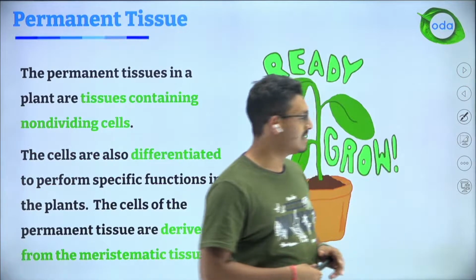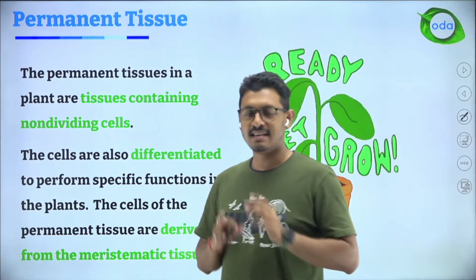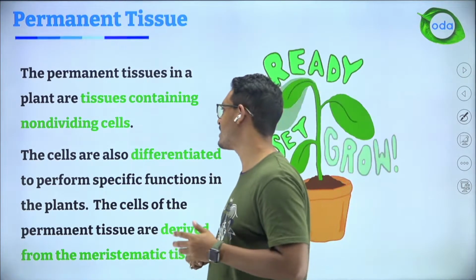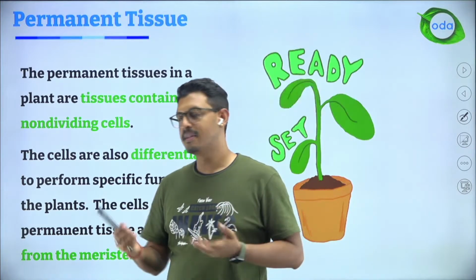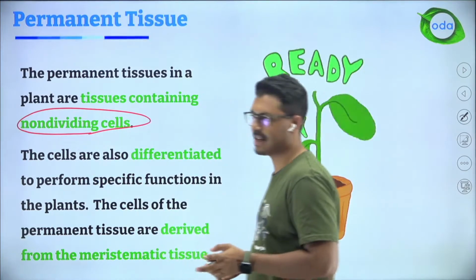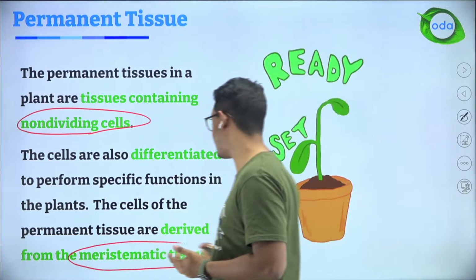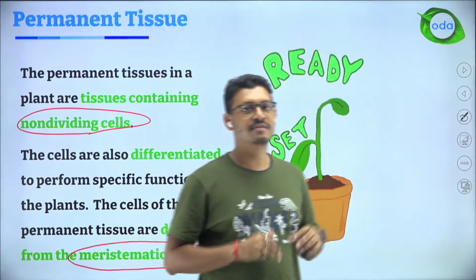When it comes to this, permanent tissue is what we are going to focus on today. The easiest way to realize what permanent tissue actually does is that because permanent tissue has all non-dividing cells, they don't change their shape and size. They're differentiated cells. They mainly are derived from the meristematic cells and they take care of the structuring of the